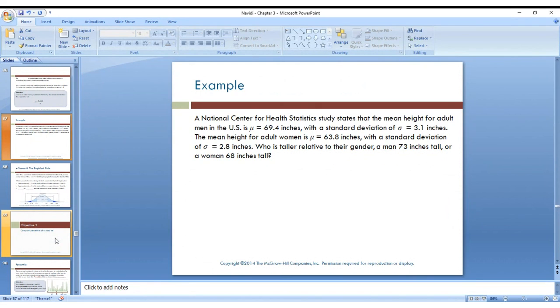And then they also tell us the mean height for women in the US and the standard deviation of 2.8 inches. Now, we got those two things because to do a z-score calculation, you have to have those three values. You got to have the mean, you got to have the standard deviation, and you need a piece of data. All right. So they ask us who is taller relative to their gender, a 73-inch tall man or a